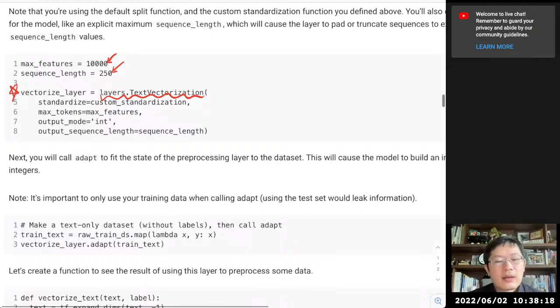The first one is, for each text-based data, how you do the customized standardization, which we defined in the previous function. And right here, the max tokens, which means how many words are in your dictionary. Here it has 10,000 words in the dictionary. I think the very first word is empty, and there are some other words, for example,